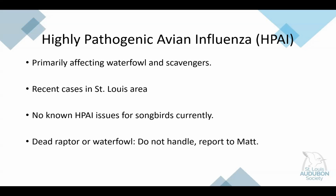And in St. Louis, there have been some recent cases. You might have seen on the news about the wood duck that was found on the grounds of the St. Louis Zoo on one of their ponds. So they now are following special protocols, such as the flight cage is closed, and they're actually closing the penguin house early daily for cleaning. But there's been no known cases of HPAI so far in the songbird populations, and at the moment,